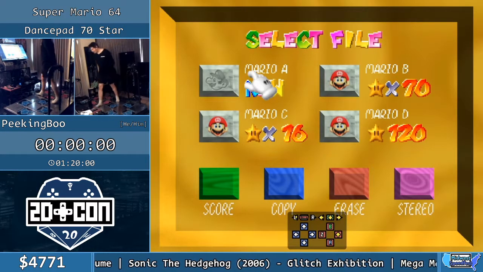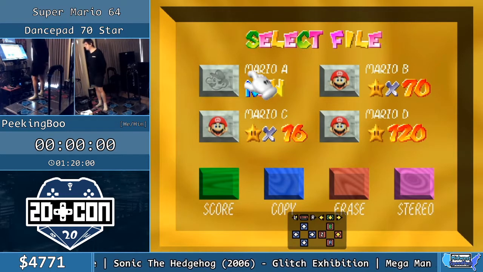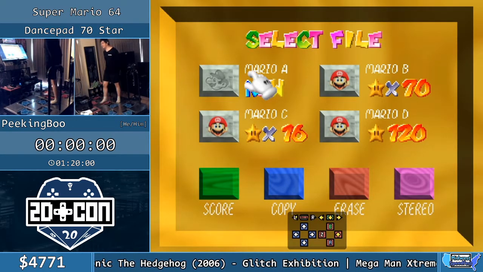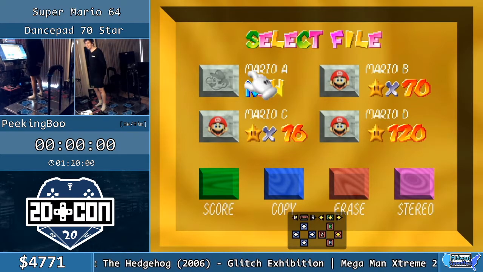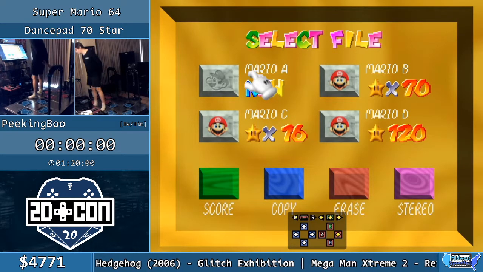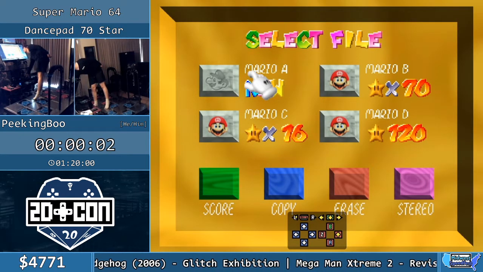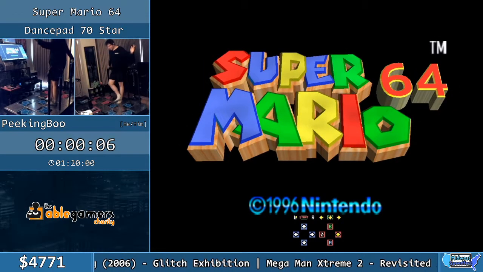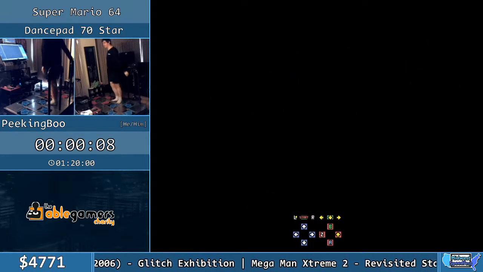I'm PeekingBoo. I am doing a SM64 speedrun of 70 star with Dancepads. We had a few issues, so I'm not going to waste any more time, but I'll give a quick countdown for the timer. So let's begin our run in 3, 2, 1, go. So yeah, welcome. We're doing Dancepad 70 star,